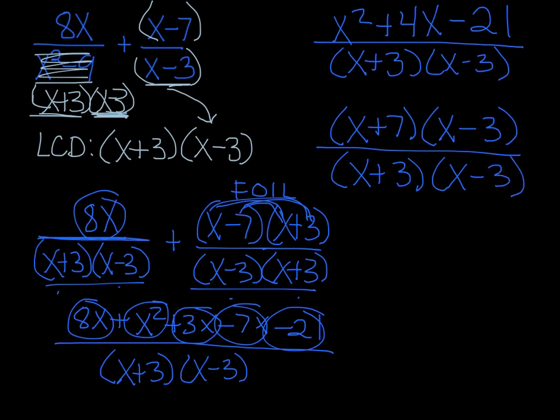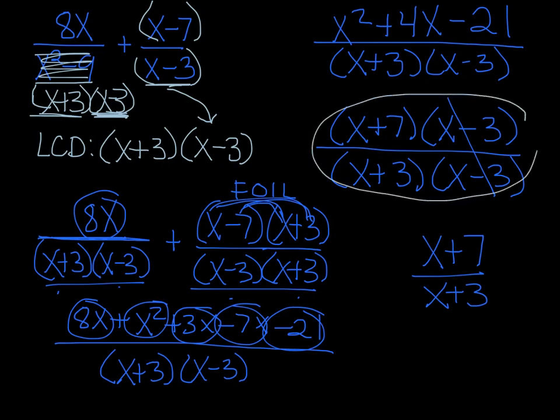And then it's not always going to work out this way, but in this case, the x minus 3's can cancel out. So our final answer is x plus 7 over x plus 3. And because we can't divide by 0, just like when we did our multiplying and dividing, you have to look back before you crossed out. And we have to say, well, x can't be negative 3, but it also can't be positive 3. Because even though that canceled out,